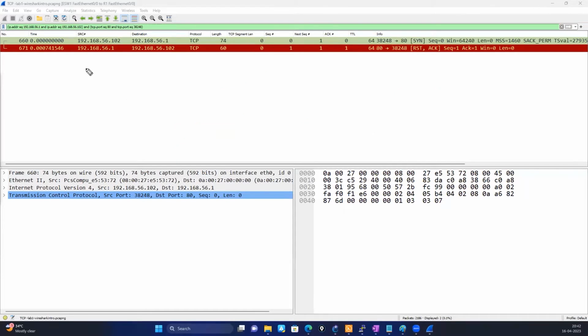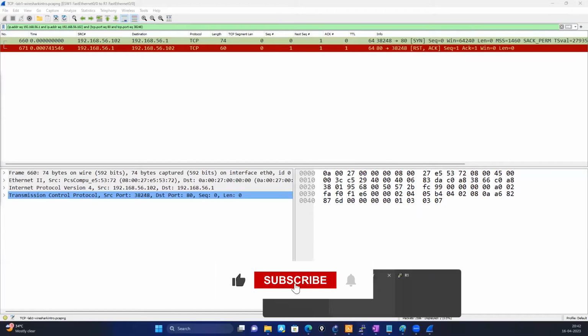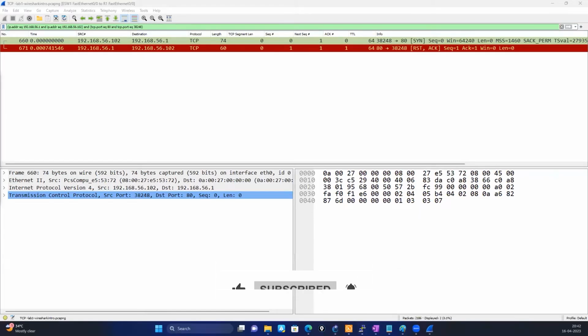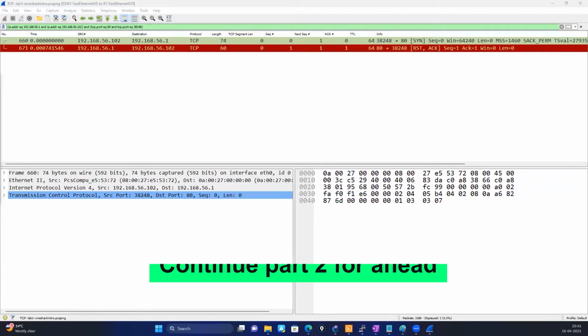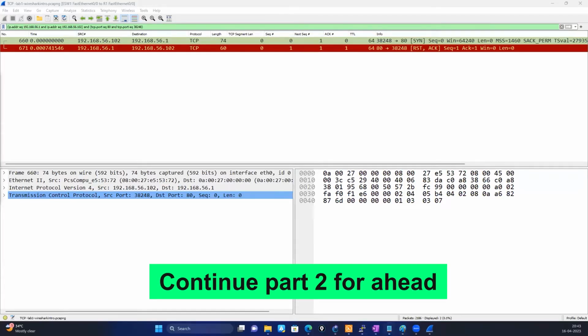So this is about TCP reset. We'll do a lab for TCP FIN retransmissions. So let's take a closer look at what is TCP